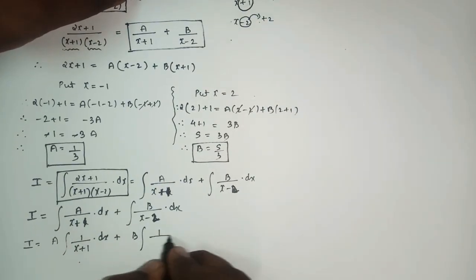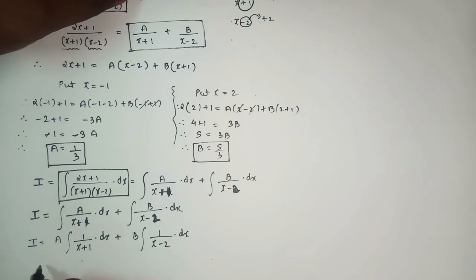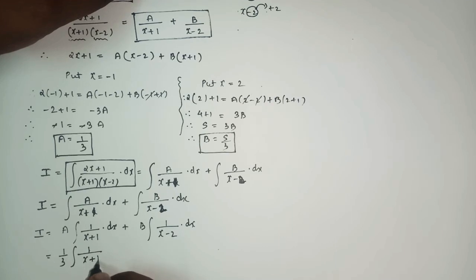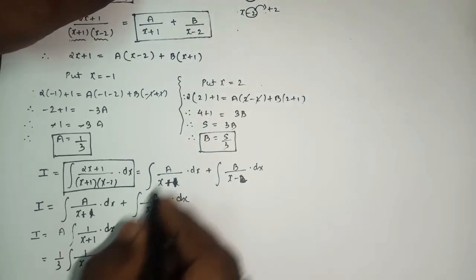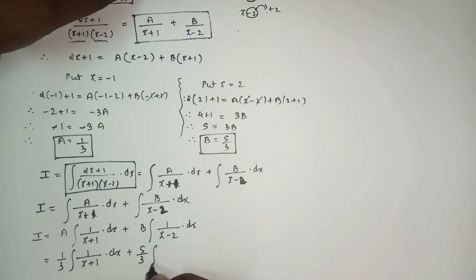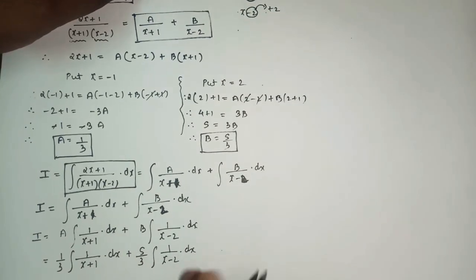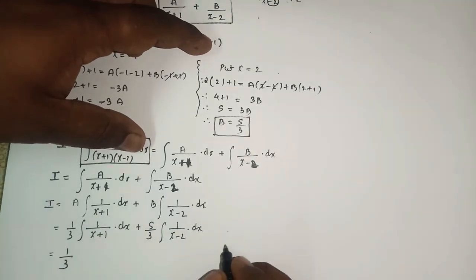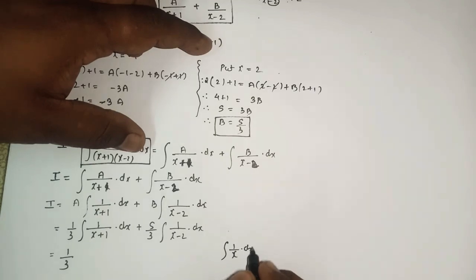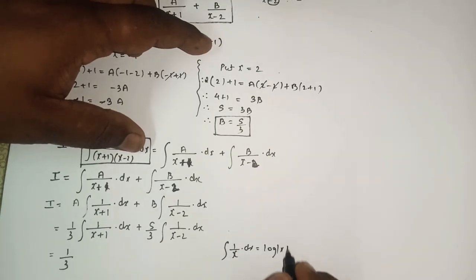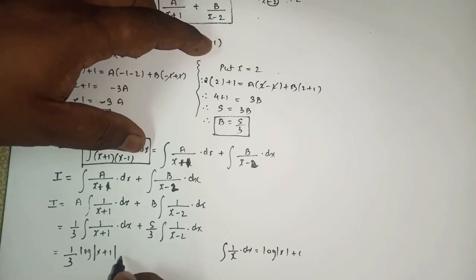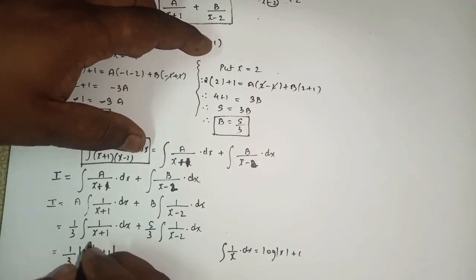here b also, as it is a constant. Here we got the value of a as 1 by 3 integral 1 upon x plus 1 into dx. B, here we got 5 by 3 integral 1 upon x minus 2 into dx. Now we can integrate with respect to x, so we'll keep this 1 upon 3 as it is. This looks like what? Integration 1 upon x into dx, which is equal to log mod of x plus c. So here we'll write log mod of x plus 1, as here the coefficient of x is what? 1, so into 1 upon 1 will be 1 only.